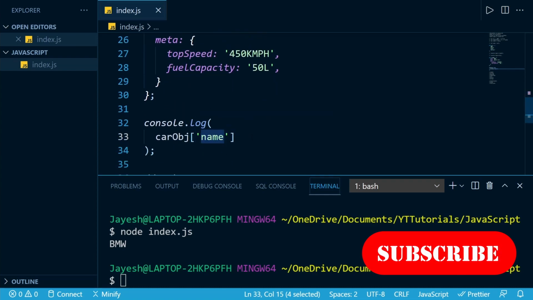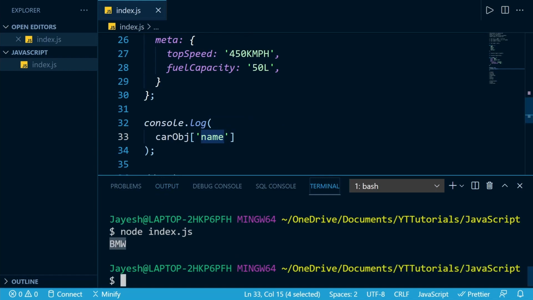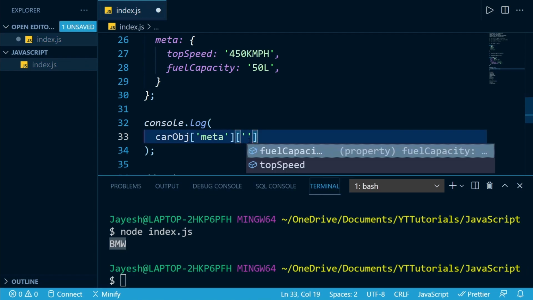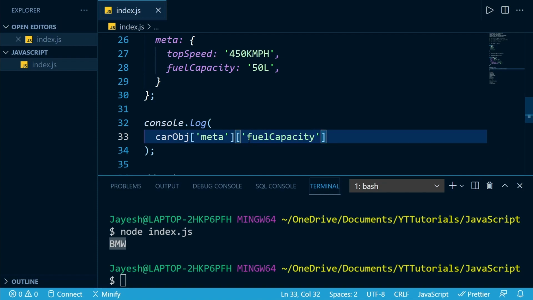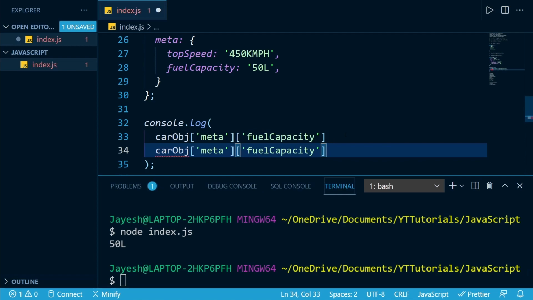So name, and as you can see here, it prints out the name. And we can also do something like meta, and inside of our meta, since we had something like fuel capacity, now when we execute our index.js, we get 50 liters. So as you can see, this is one method, and the other method was